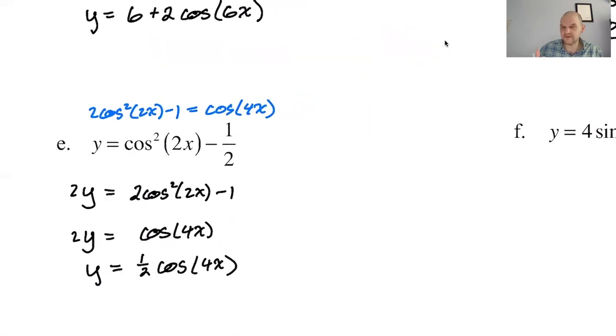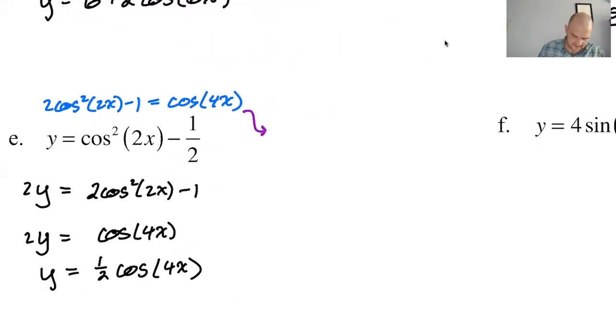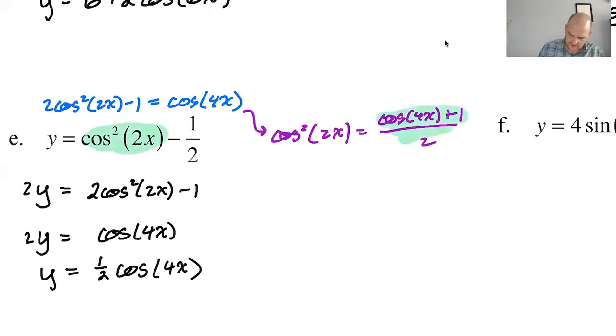So what if you really like the power reducing formulas though? If you really like to power reduce, just come over here and say that cosine squared of 2x is the cosine of 4x plus 1 divided by 2. And then you go over here and you see this, and you're going to replace it with this. And when you do that, you're going to get